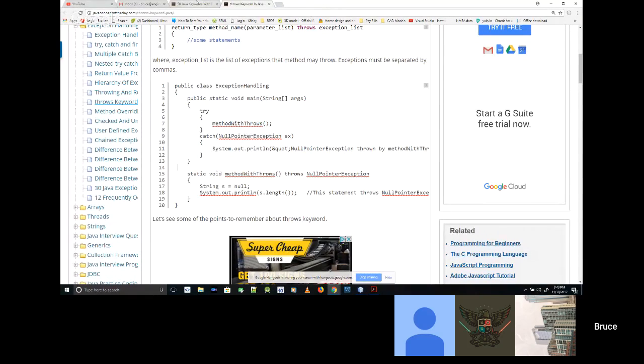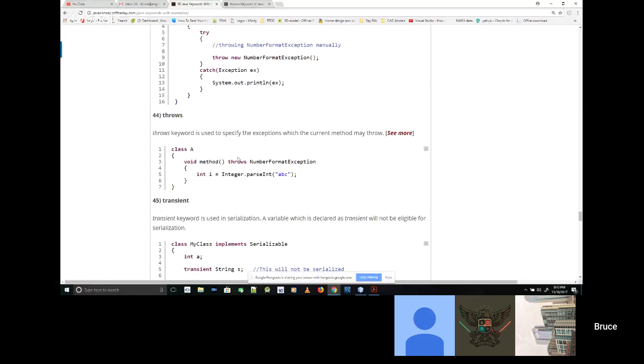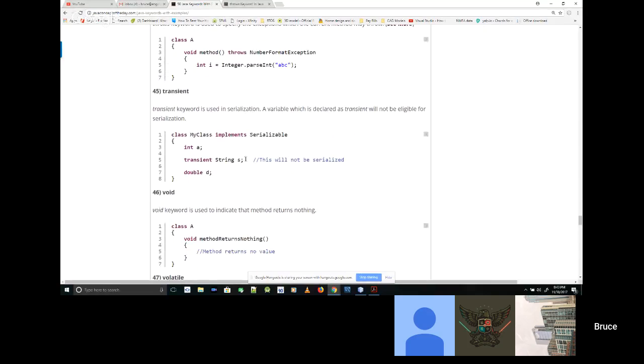Anyways, when you start getting into the implementation of tries and catch and throws, you can look in the details and see. We've talked about, oh, there's a transient. It's interesting here. There's another keyword that I've never used before.